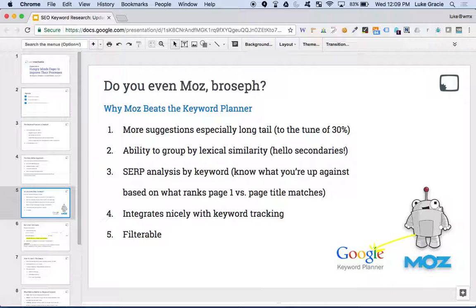So here's why I think Moz is going to be more useful for us for SEO than the Keyword Planner. It has more suggestions, and especially on the longer tail side of things. Sometimes 30% more suggestions, but you're going to cap out at 1,000 versus 800, which is what the Keyword